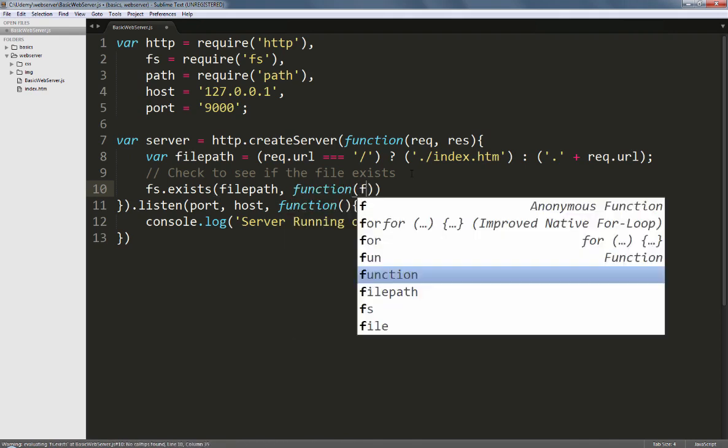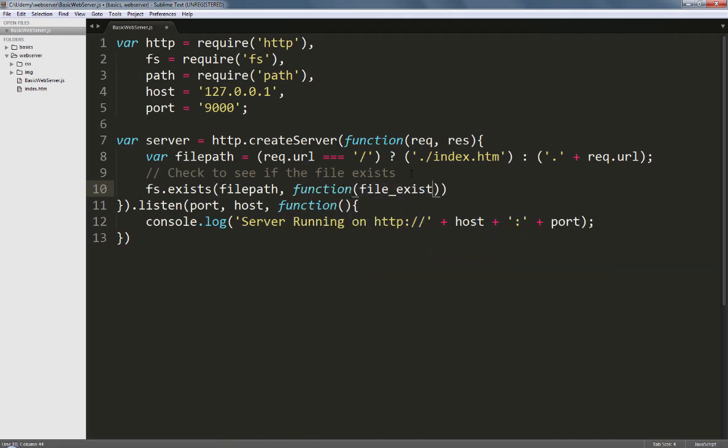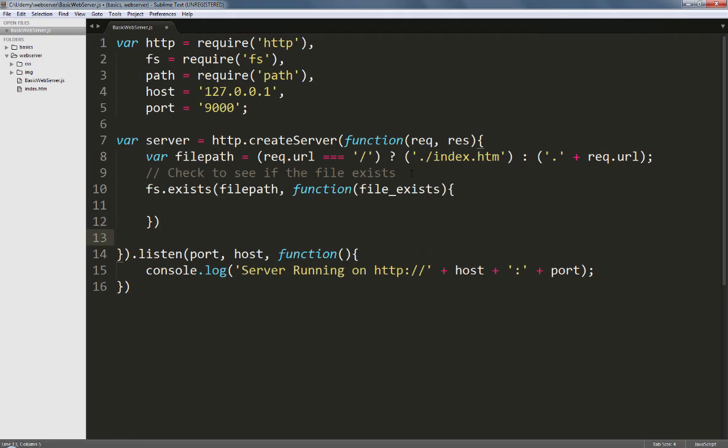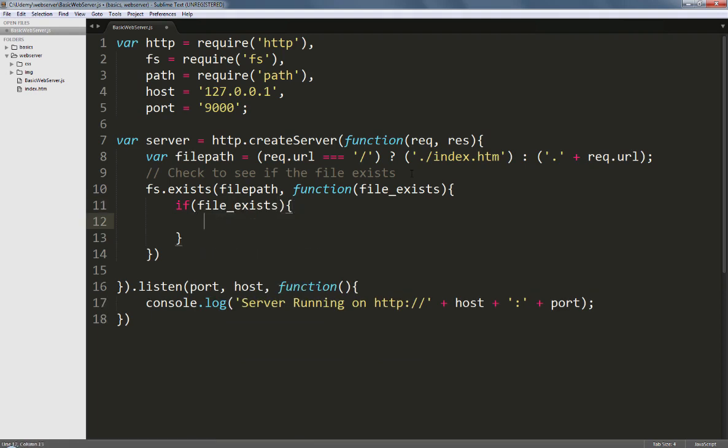Let's create an argument in this function called file_exists. If this is true, then the file exists and we can go on and read that file. Else, we might want to throw an error. So we'll do an if file exists, then read the file and serve.